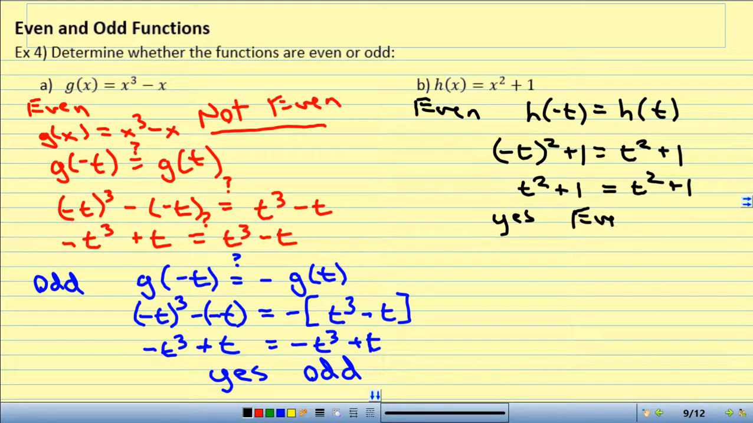Yes. So this is even. And if I did these and they both became no, then it's neither. And if I did this and it was a no, and if I did the test for odd and it was a no, then it's neither. So